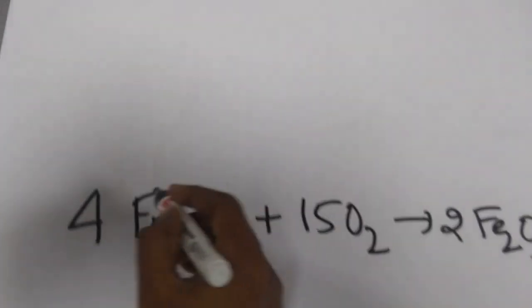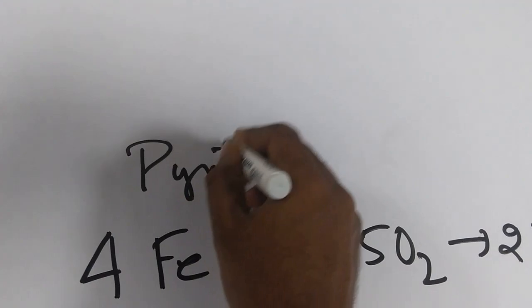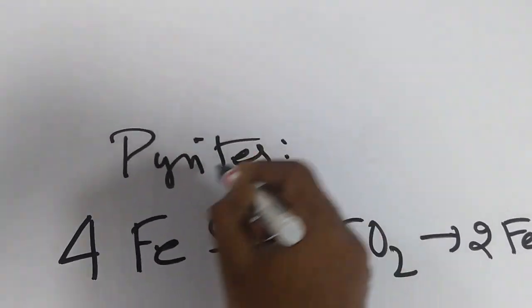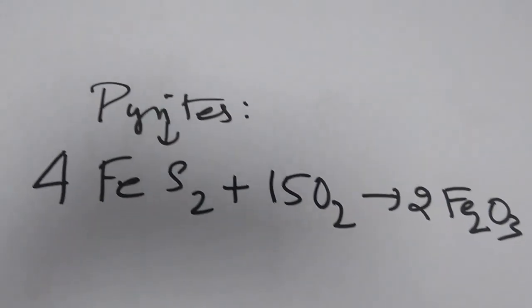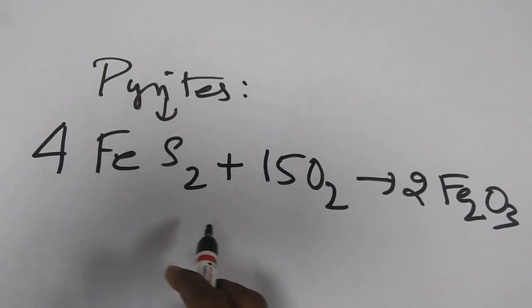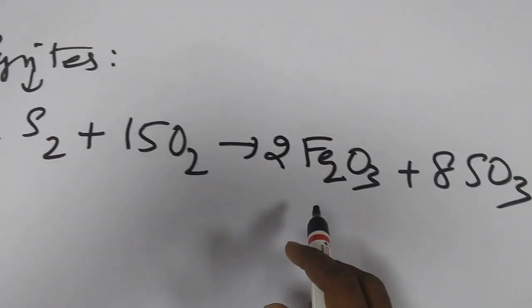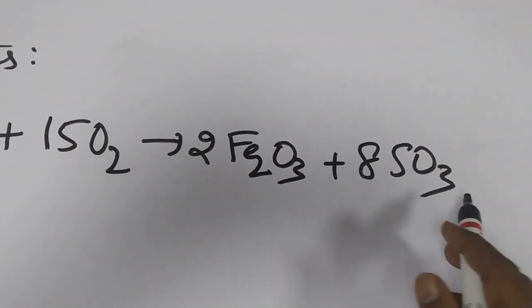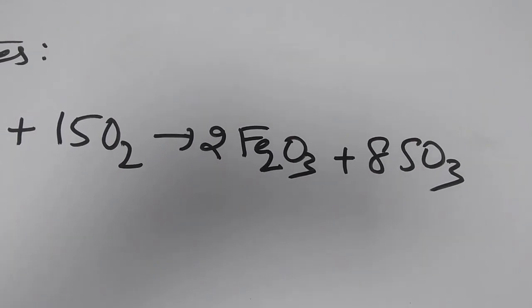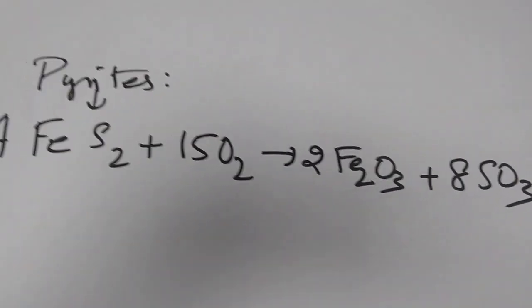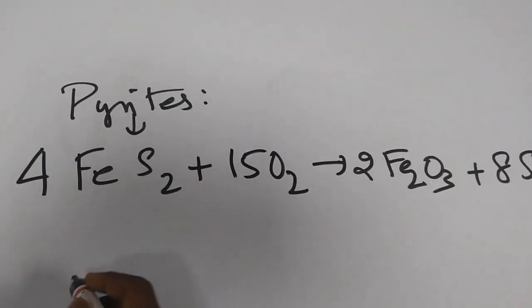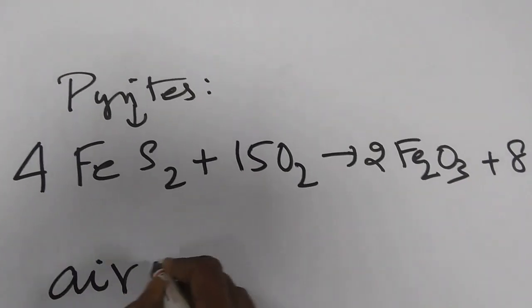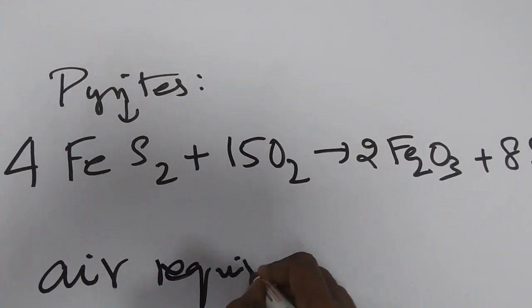So pyrites undergoes the reaction 4 FeS2 plus 15 O2 gives 2 Fe2O3 plus 8 SO3. Determine the air flow rate. Determine the air requirement